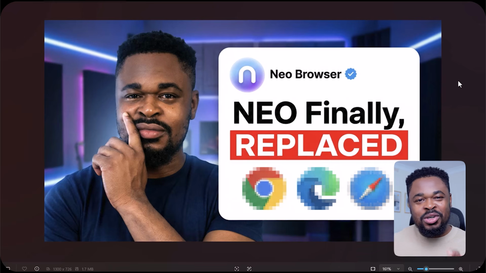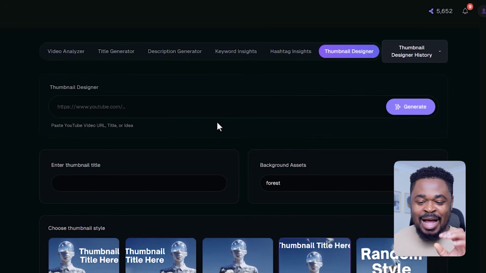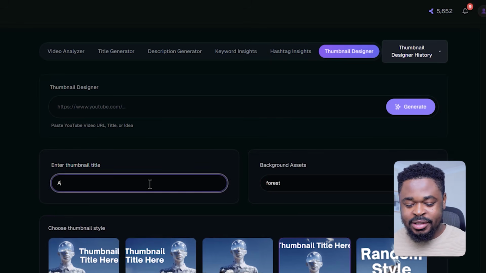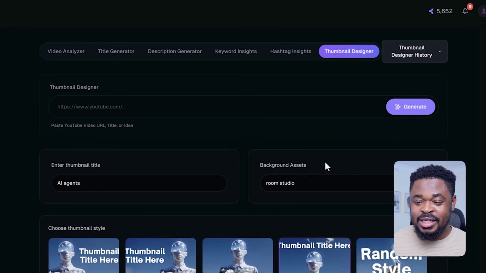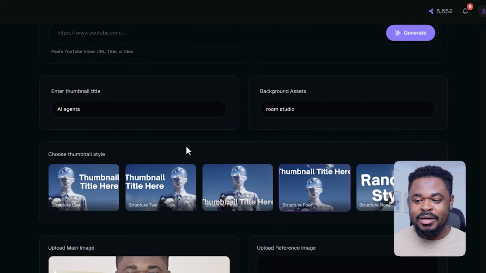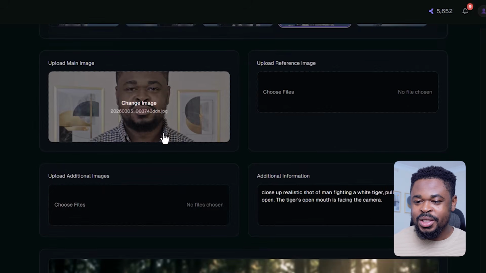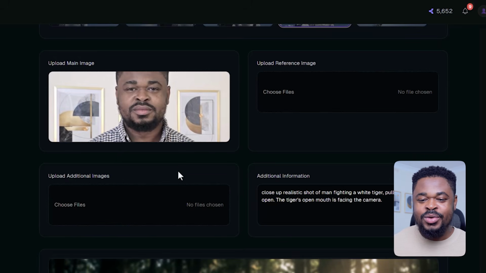Now, what if you want to create something like this that has logos attached to them? The type of thumbnail that you see a lot of logos. Here's what you do. I'm going to change this title. Let's say I want to title this AI agents, and then for the background assets, I'm going to say room studio, then come down here, and then for the thumbnail style, I'm going to leave it at the top here, structure 4, leave my image uploaded, and then here where it says additional images, what I'm going to do is